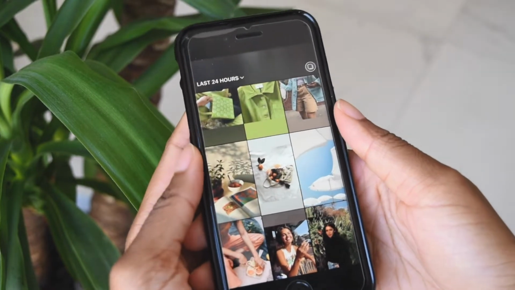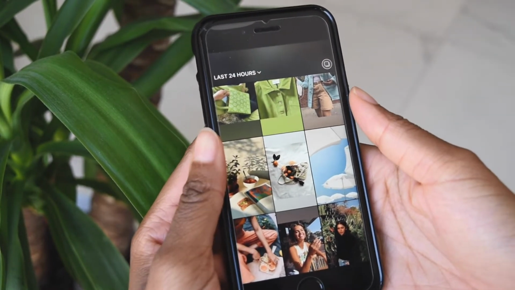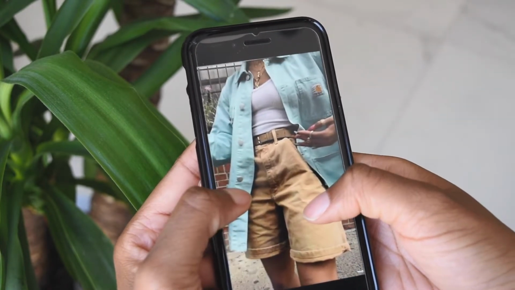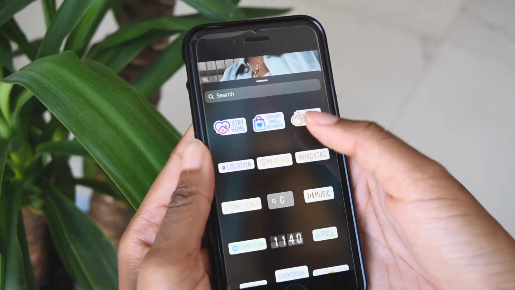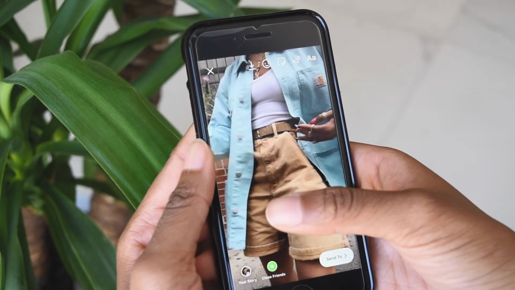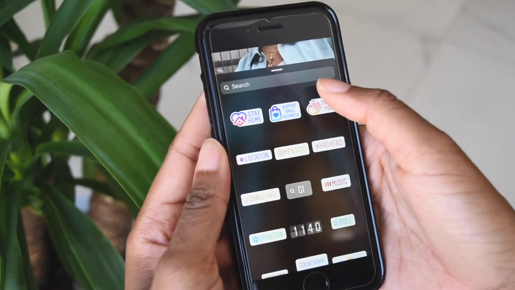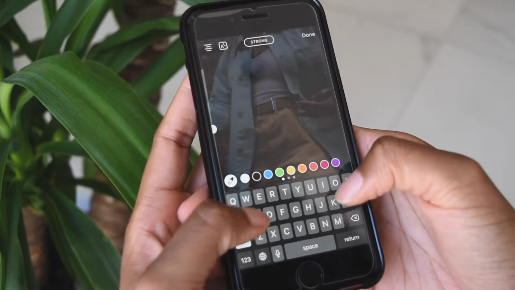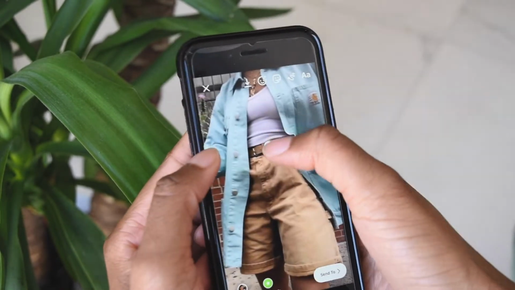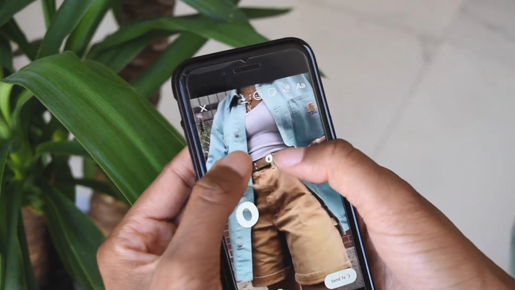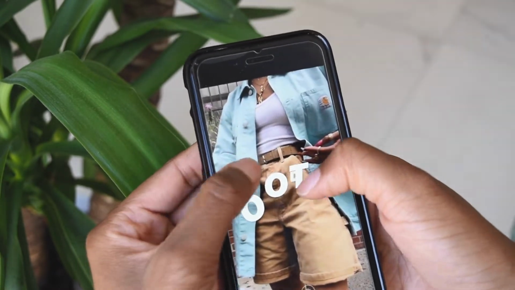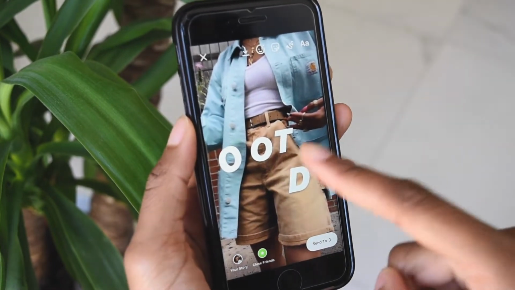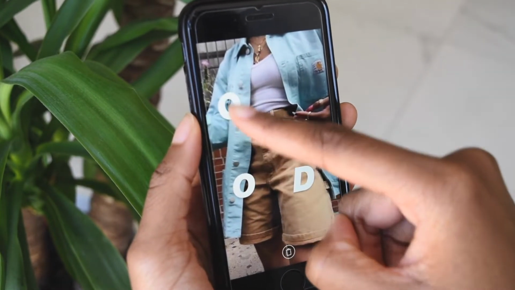So moving on to text now, I'm going to show you some cute creative ways to write your text. For example, with this image here, this is showing her outfit of the day. I've just added Paris onto that once again. I literally did it automatically. And what I'm going to do this time is write the letters using stories individually. So I'm going to put O, another O, a T, a D as well. Now that you've got your letters, you can play around with layouts. You can either do it like this, going down the page,